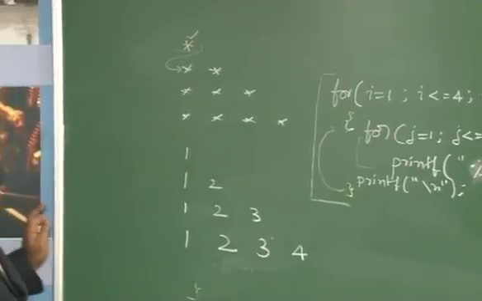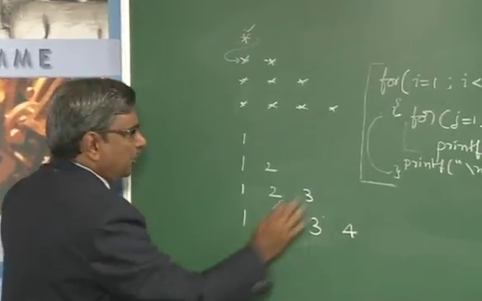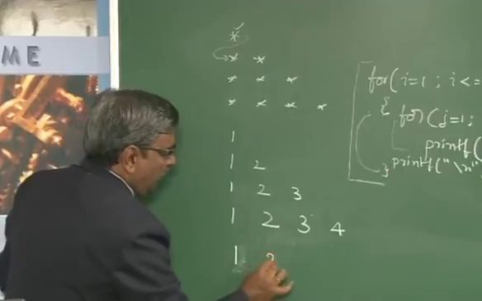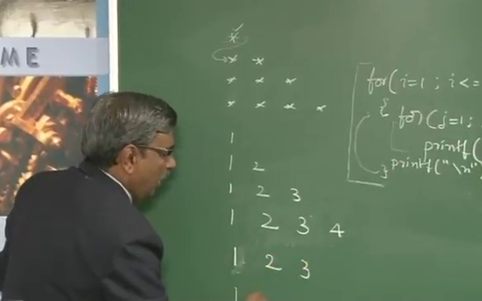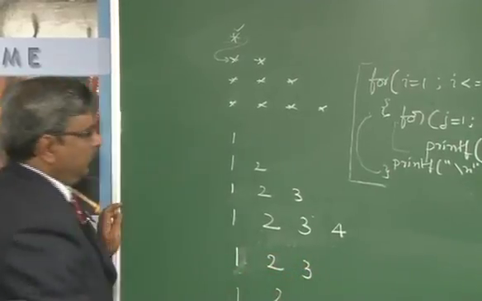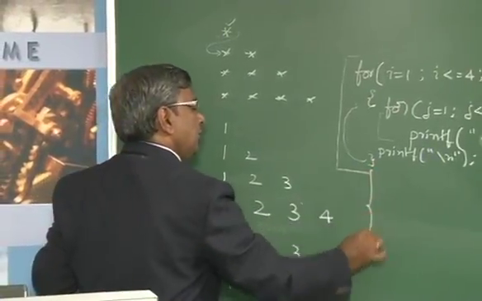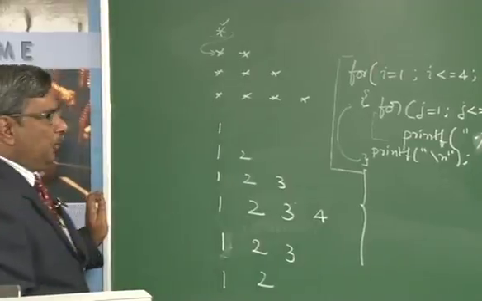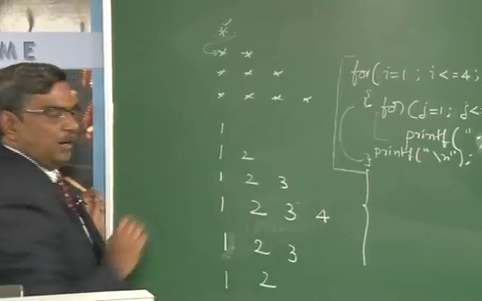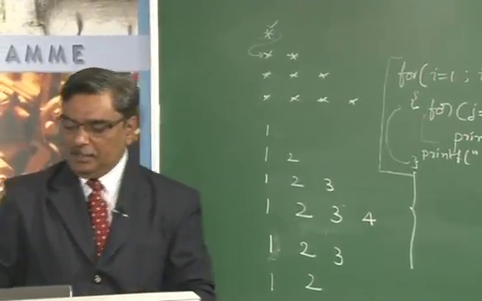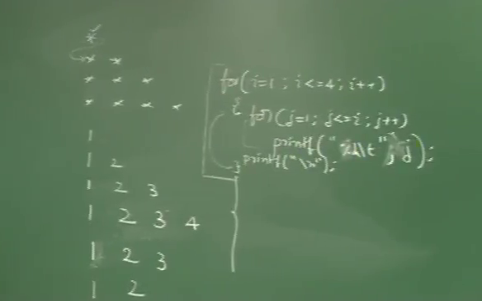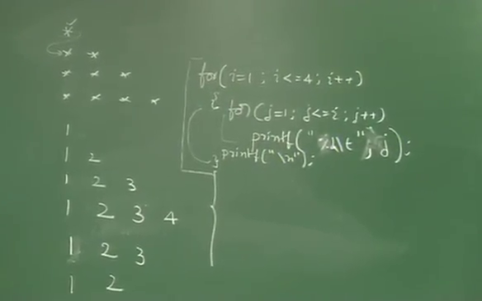A small exercise you can do: how can you complete this to introduce the next 1 2 3, 1 2, 1? So this structure, if you want to print, add the remaining part of the routine by making use of the same for loop and get this result in your output. So these are interesting structures that can be printed by making use of the nesting of the for loop in programming.